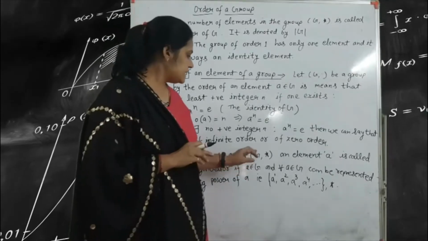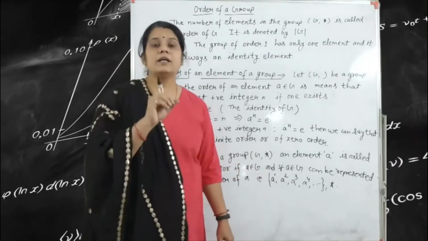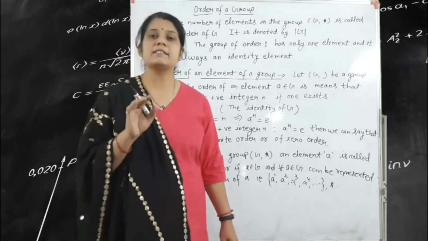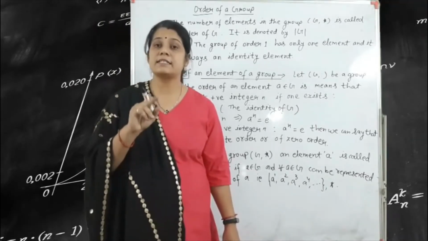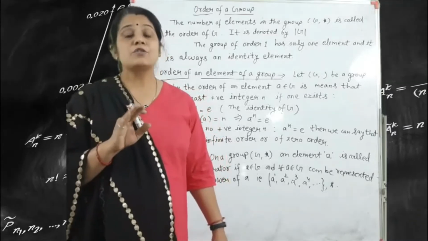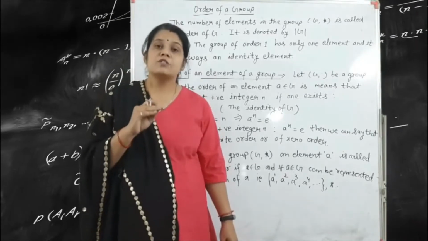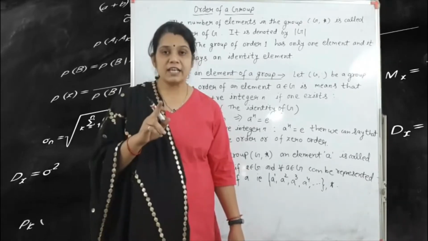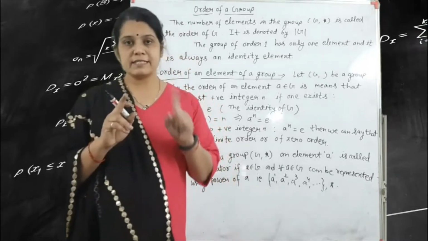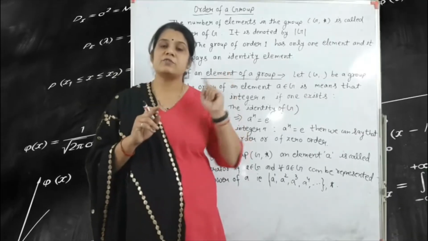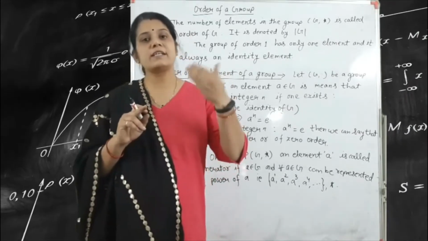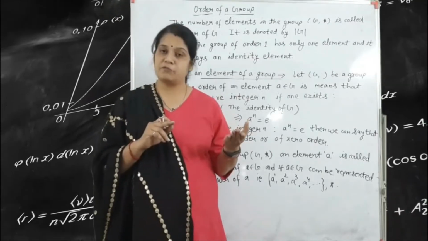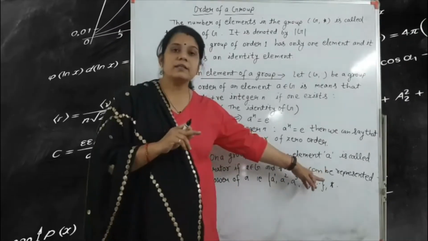So it means that if we have a set 1, 2, 3, 4, this is a group, and G is equal to the set 1, 2, 3, 4, for example. For finding the generator, we take every element 1, 2, 3, 4. One element, for example, the first element is 1. So you write here 1 raised to the power 1. Next 1 raised to the power 2, 1 raised to the power 3, 1 raised to the power 4 with the help of the operator.